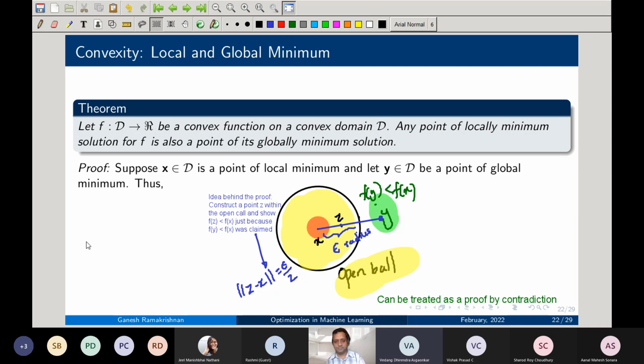So, sir, for z we have some lambda such that z is lambda x plus 1 minus lambda y. Right, go ahead. By convexity, f of z is less than or equal to lambda f of y plus 1 minus lambda f of x, and since f of y is less than or equal to f of x, we plug that in and get that f of z is less than or equal to f of x. Good point, yes. You could also do this by midpoint convexity. Yeah, the midpoint, etc. But basically I just want to find that z which just marginally pulls me inside x,